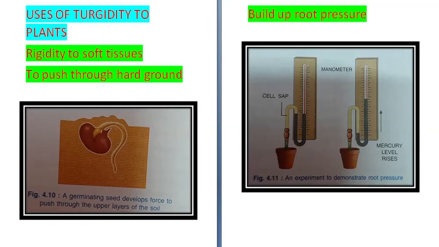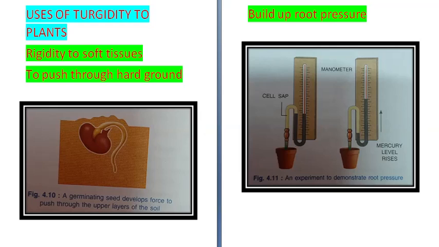Okay, in practice, plasmolysis is used for salting of meat or addition of salts to pickles. What does plasmolysis do in that case? Water is drawn out and bacterial cells are killed, so the food does not get spoiled. Another example of plasmolysis is that weeds can be killed in a playground by sprinkling excessive salts around their base. So all the water from inside the weeds will come out and the weeds will die.